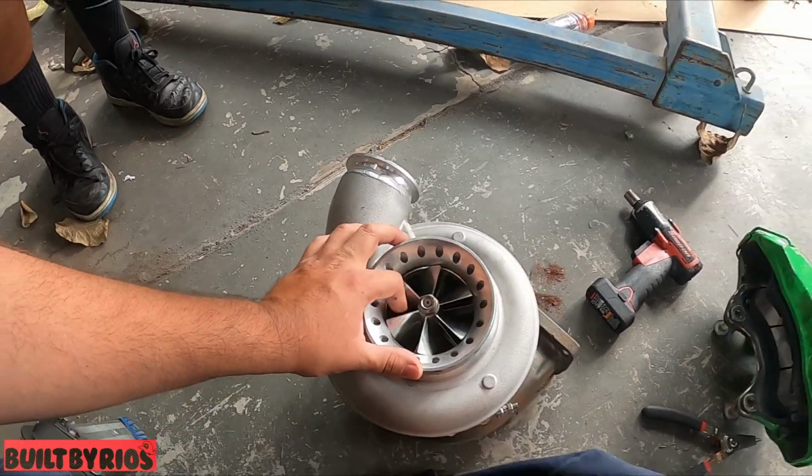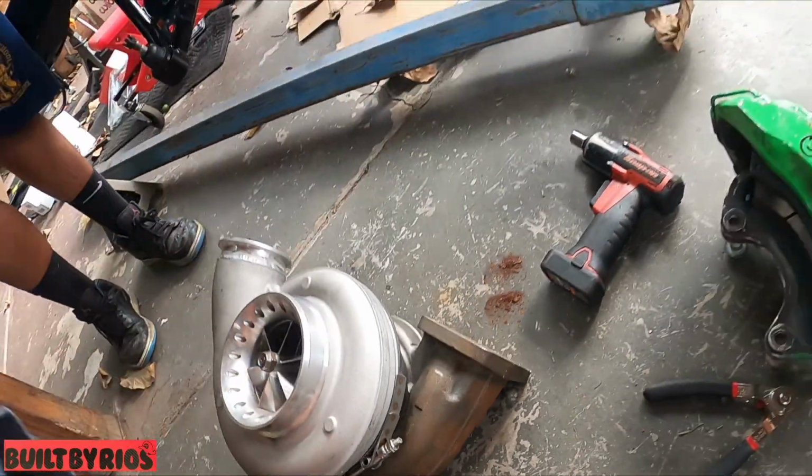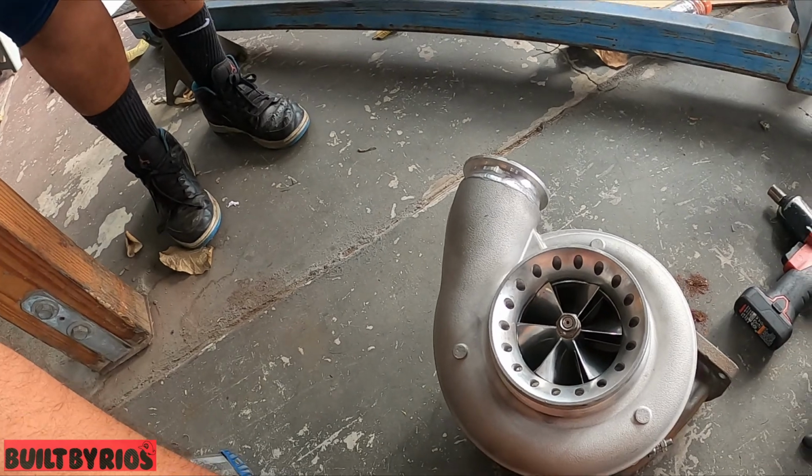It was brand new. It just has dyno time. You can see where the fingers are starting to rust because I'm grabbing it. But yeah,